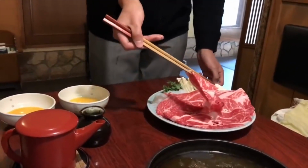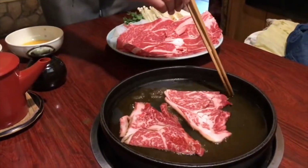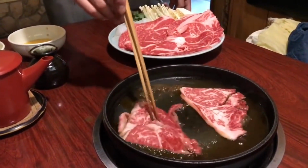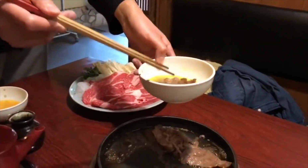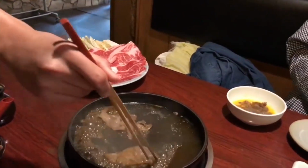Instead, you cook slices of beef and vegetables in a mixture of soy sauce, sugar, and mirin. Once cooked, you dip your food into a bowl of battered raw egg and then straight into your mouth. Though it might sound a little bit strange to eat cooked food with raw egg, it's actually very delicious and